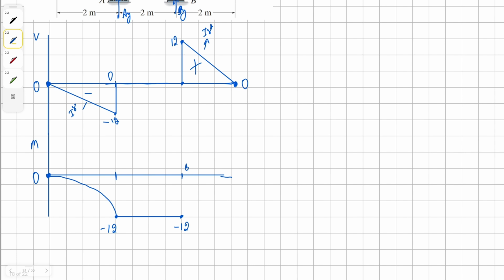What this means is that our moment is going to be positive 12, which will bring our moment to 0. And because this shear curve is positive and decreasing, the curve is going to look something like this, concaving downward. And both of these are, by the way, second order. This is the 0 order. And with that,